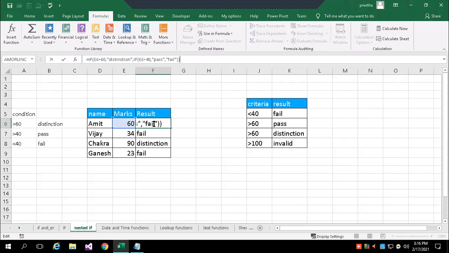You can see I mentioned here equals IF E6 greater than 60. So up to 60 it won't consider. From 61, greater than 60, distinction. Else what is the next condition? If greater than 40 pass or fail. Now you can check here.